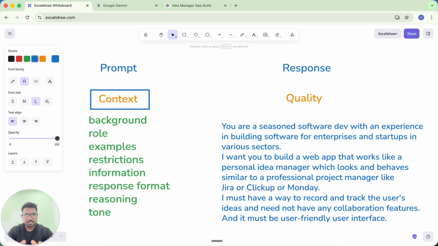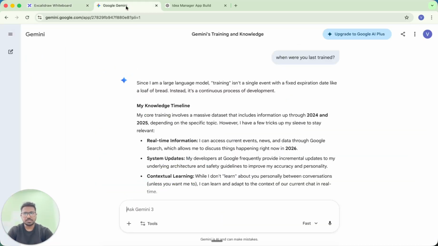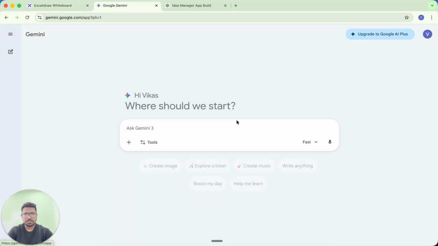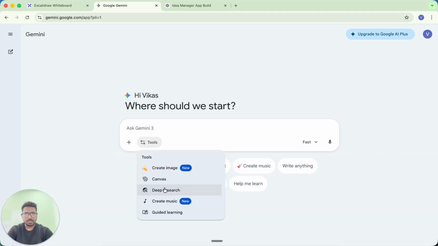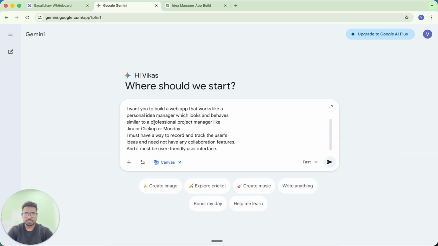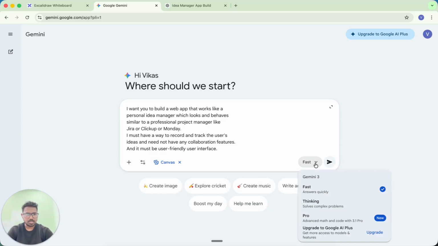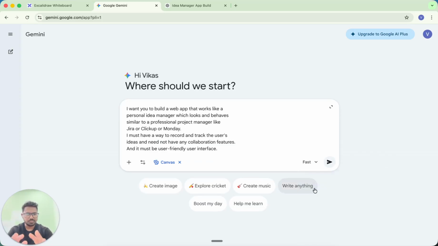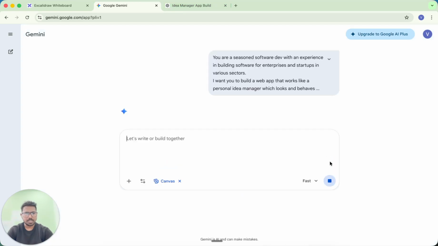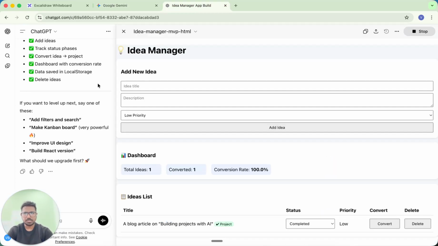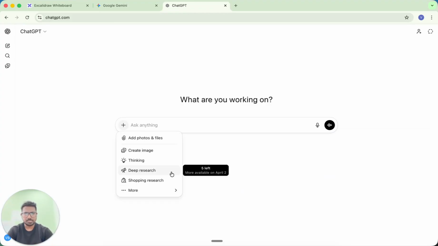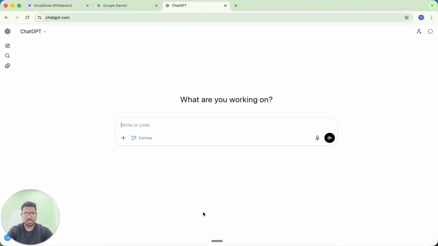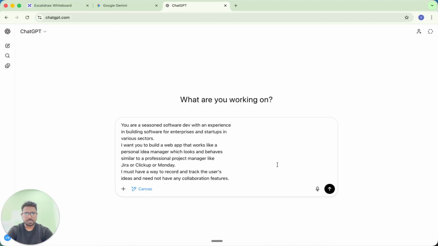Let me try this particular prompt and let us see what kind of response both of these tools will be giving. Let me try them out in Gemini first. Let me start a new chat, and I will also enable Canvas as I did earlier, and then put the prompt here, and then I'll also change it to, okay, for now we'll continue with the fast mode only, and then I'm hitting enter, and then I'm going to ChatGPT, and here also I am changing it to Canvas mode, and then I'm pasting the prompt,